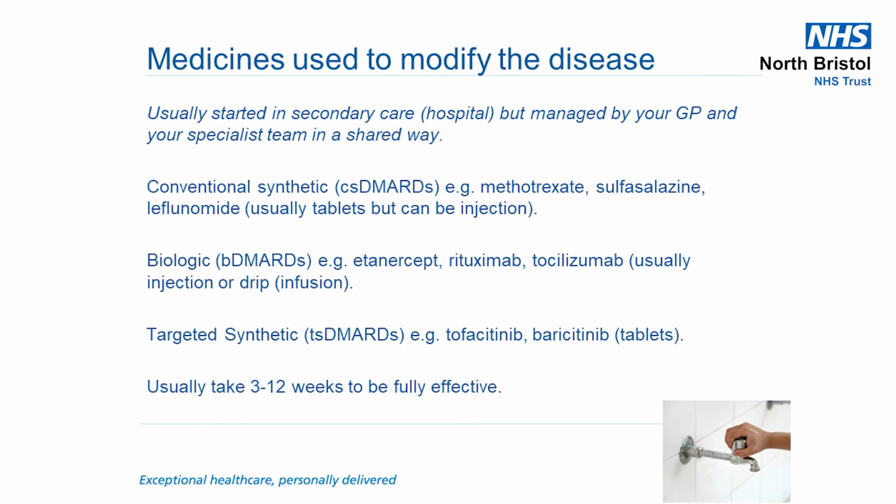Now let's talk about the medicines used to slow the progression of the disease and reduce the cause of that sink overflowing. We have a group of medicines known as conventional synthetic disease-modifying therapies, or DMARDs. These are the medicines that have been used for many years to help control inflammatory arthritis. You are usually started on one of these very soon after being diagnosed, and your doses may be increased or more than one drug added in fairly quickly to help try and get your condition under control as soon as